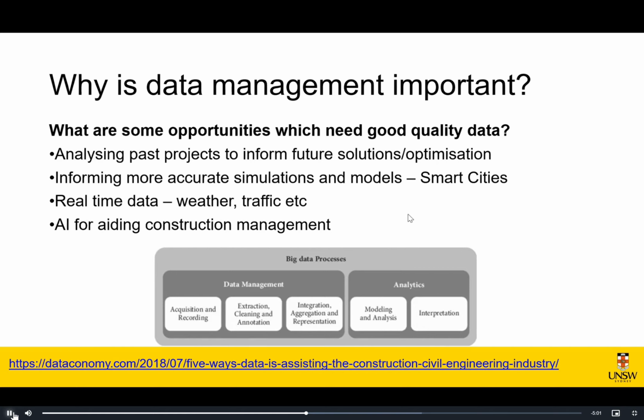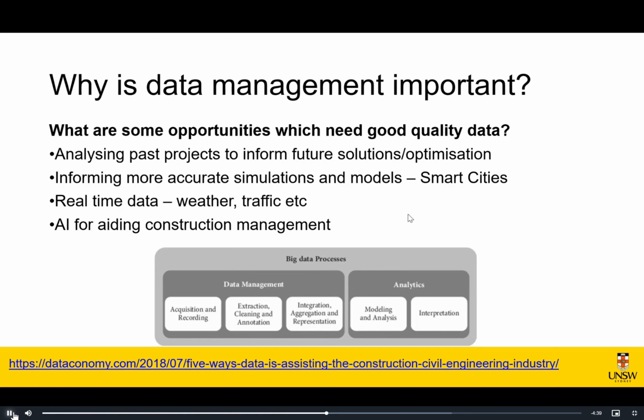So therefore, why is data management important? First of all, think of it from what good data management can provide us. So what are some opportunities for which we need good quality data? If you really want to look at how to improve the way that you deliver certain projects,